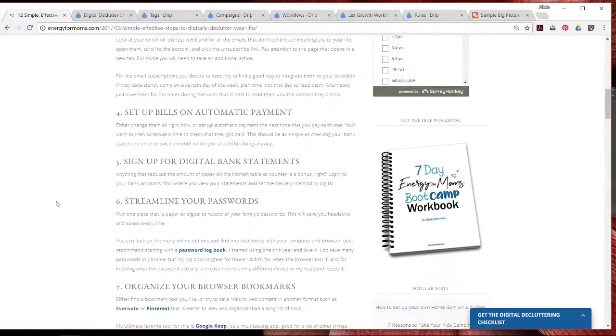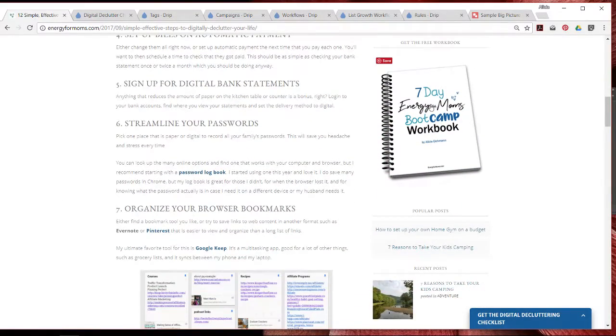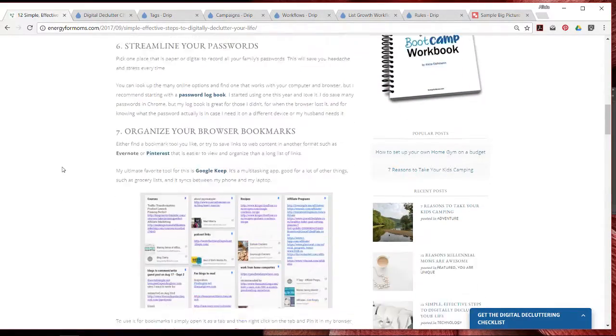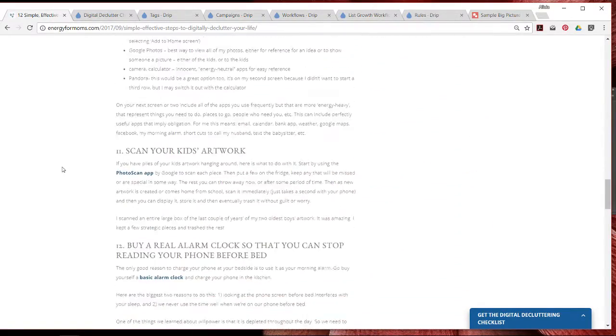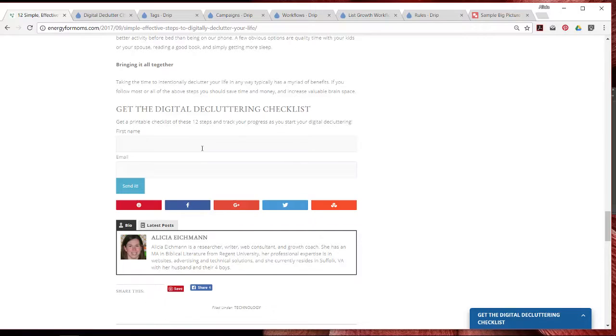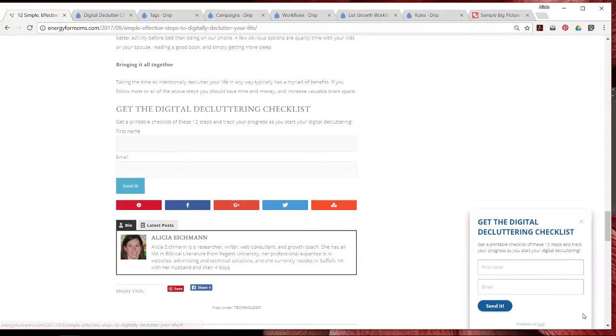And I've got some steps here. I've got my bootcamp workbook. You can go get that if you like. And at the bottom here, I've got the form embedded in the page, and it's also a pop-up that people can click on. So this is the same one. Get the digital decluttering checklist. Alright, so they submit that, and